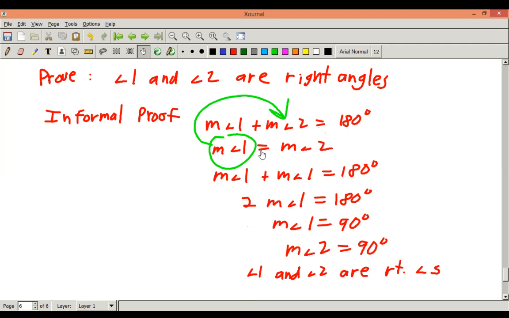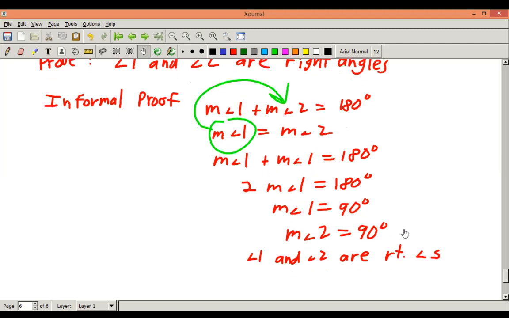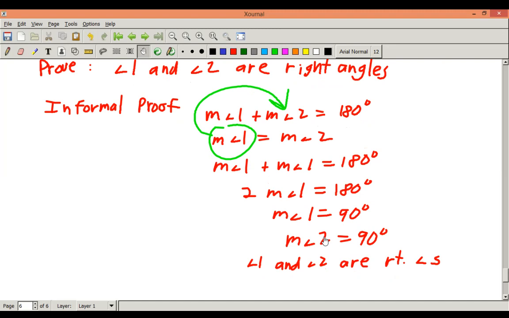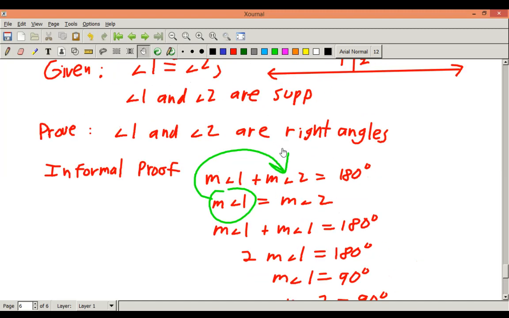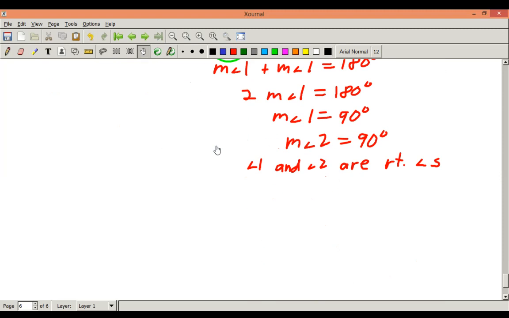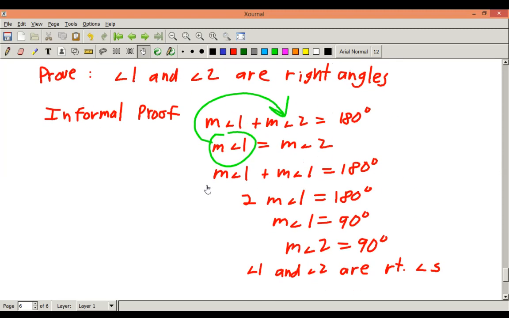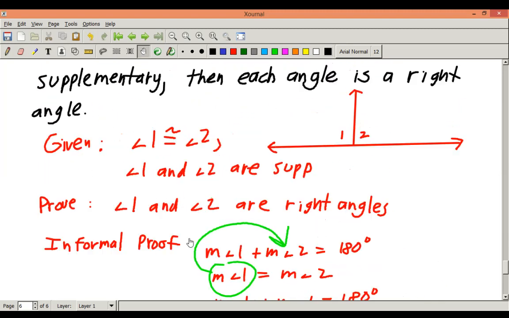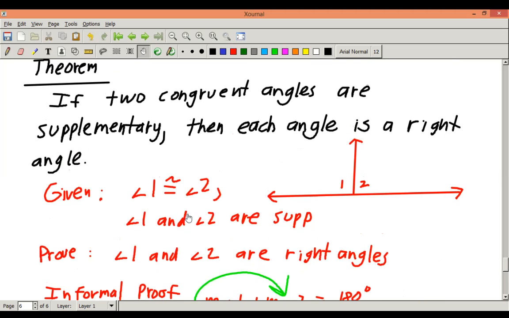Well, do you remember up here we said the measure of angle 1 is equal to the measure of angle 2? So now we know the measure of angle 2 is also 90 degrees. So once we know that an angle has a measure of 90 degrees, we know it's a right angle. So now we can claim that angle 1 and angle 2 are right angles, which is what we were trying to prove the whole time. Okay. So we just proved that theorem that if two congruent angles are supplementary, then each one must be a right